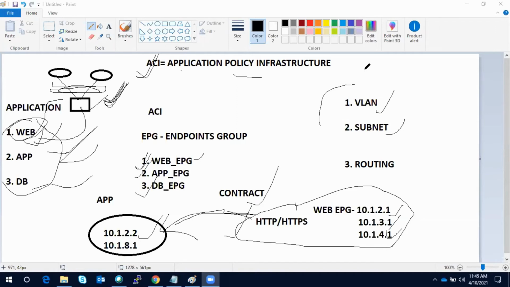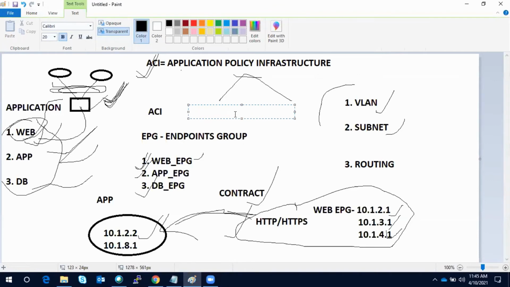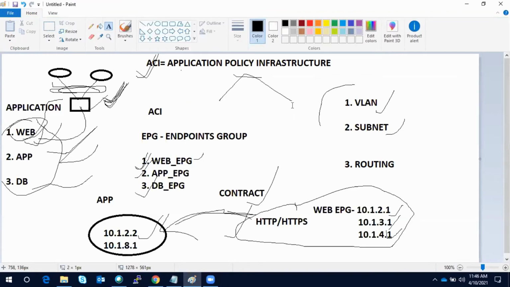Yeah, I'm working. But in our infra, we have used a specific subnet for web and a specific one for app and DB. So I understand your point. Actually, ACI can be deployed in two modes: application centric and network centric mode.